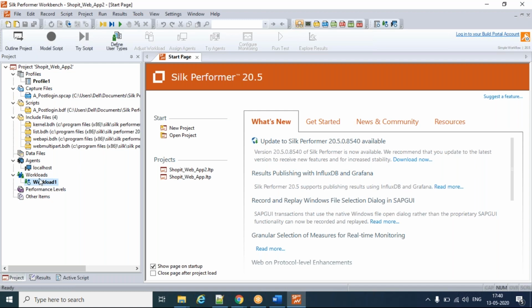Under workload section, we have various workloads, and here we can create various workloads. During the workload designing, at one time we can mark one workload as an active workload, and that will be considered during the execution. And there's a performance level and other items. Okay,